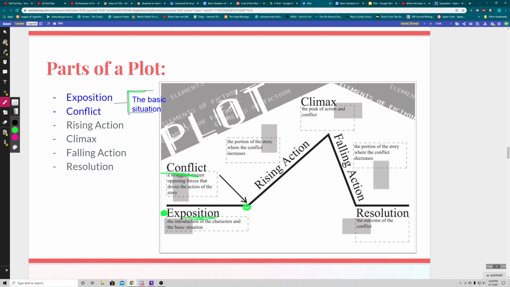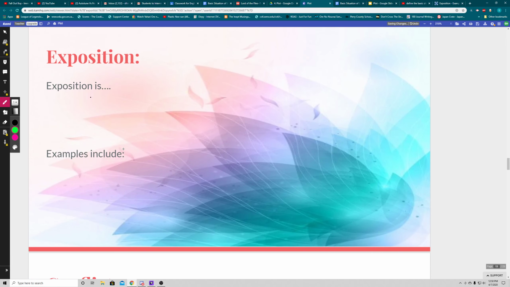Okay, so the basic situation is exactly what it sounds like, the basic situation. This is just the very beginning of a story, the very beginning, most basic important points or important background information that you need in order to be able to continue to view and understand the story. Okay, so the basic situation is the very beginning of the story, and it's made up of two things. It's made up of, first, the exposition, and two, the conflict. Okay, so the exposition